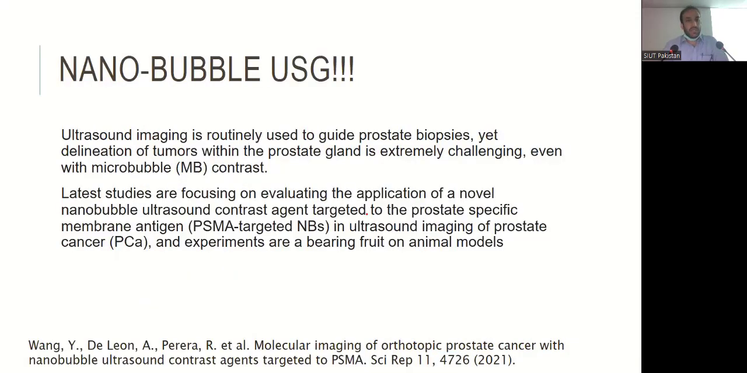Last slide. The last one is nanobubble ultrasound, which we have already talked about. Ultrasound imaging is routinely used to guide prostate biopsies, yet delineation of tumor within the prostate gland is extremely challenging even with microbubble contrast. Latest studies are focusing on evaluating the application of a novel nanobubble ultrasound contrast agent targeted to the prostate-specific membrane antigen, and ultrasound imaging of prostate cancer in experimental